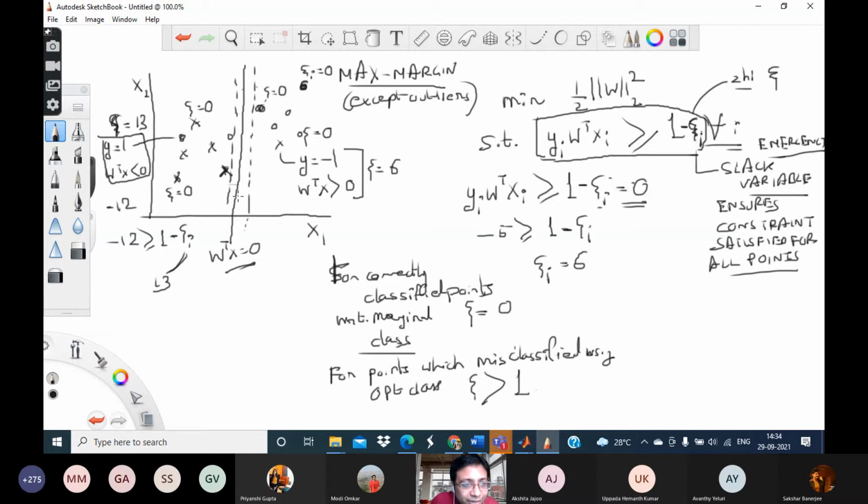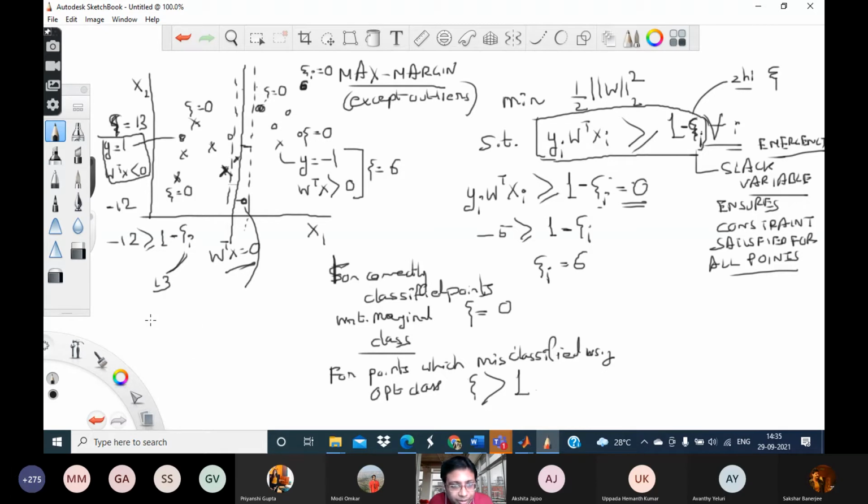Now finally, if we consider a point like this, say this circle or this cross, what is the speciality of this circle? This circle, as you can understand, is still correctly classified using the optimal classifier, but it is misclassified using the marginal classifier. The distance from here to here, as we have seen, is 1 by L2 norm of W. So for those points whose distance from the optimal classifier is closer than that, again this is not going to be satisfied.